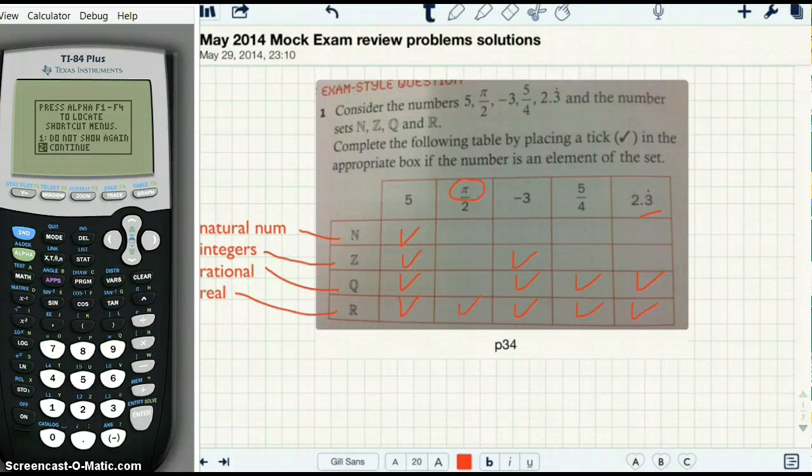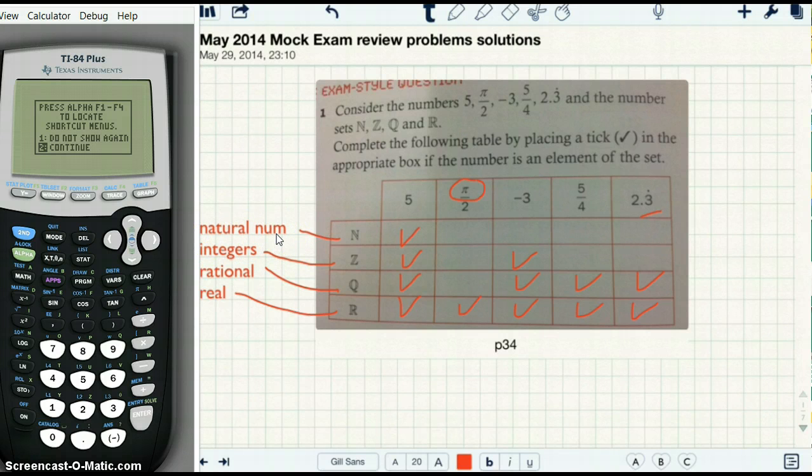Okay, this is the first solution for the review problems for the mock exam. First problem from page 34 of the book, we are going to classify these numbers into the N, Z, Q, and R categories. To refresh your memory, N is natural numbers, which are the counting numbers, the positive